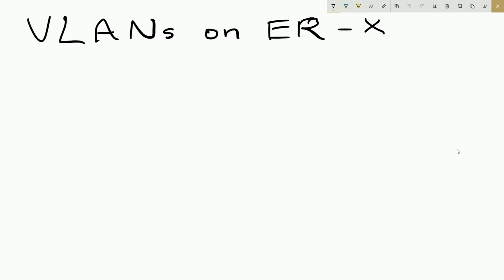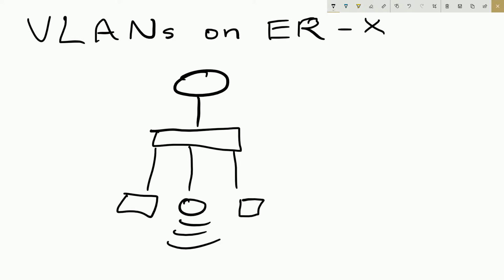Now first off, let's go into what VLANs are, or why you would even want to put them on your router. So let me just draw out a typical network, probably what yours looks like right now. So you've probably got your router, your EdgeRouter up here, probably connected to a switch maybe, unless you're just running everything off your EdgeRouter. Either one is fine. And then your hosts down here. And they all point to their default gateway right here, probably something like